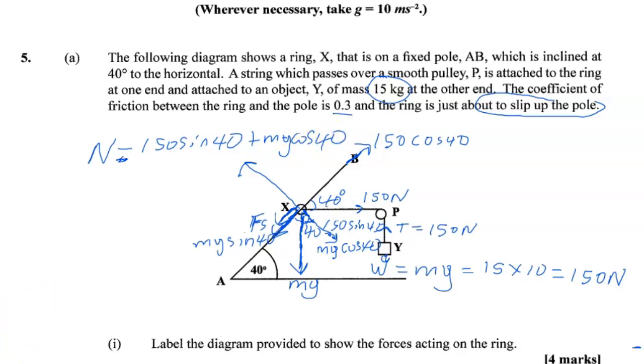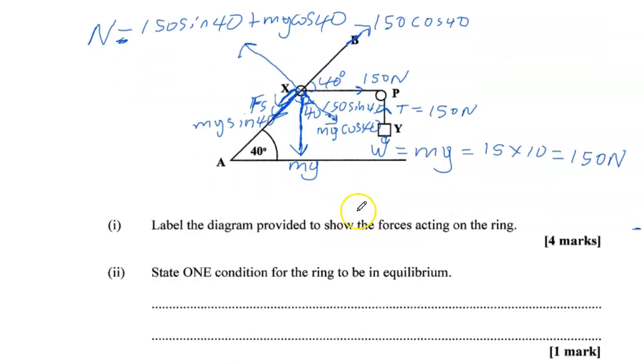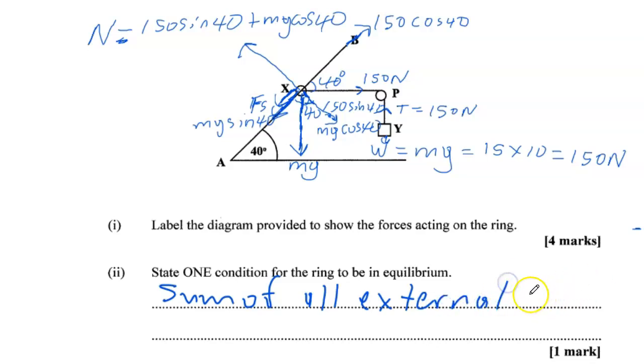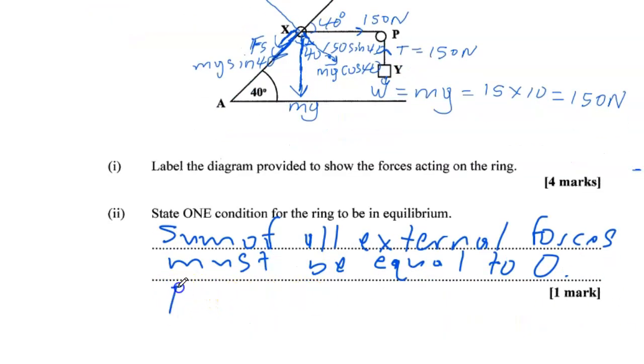So these seem to be all the forces acting on the ring. State one condition for the ring to be in equilibrium. So one condition is the sum of all the external forces must be equal to 0. And from Newton's second law, we know Newton's second law says the sum of all the forces,